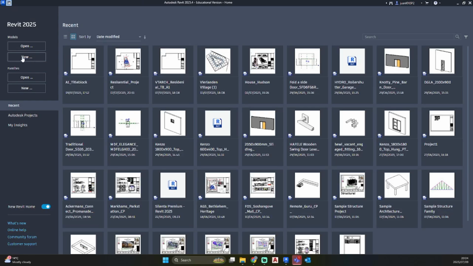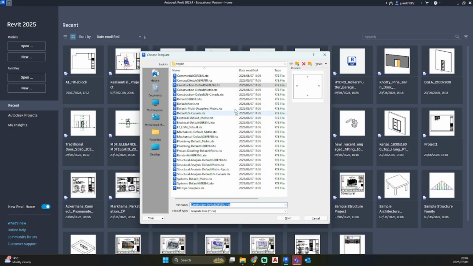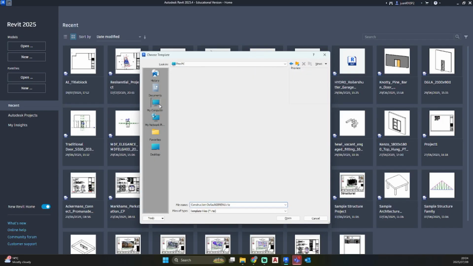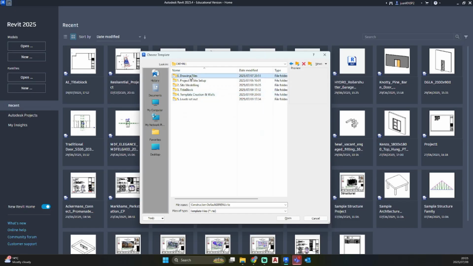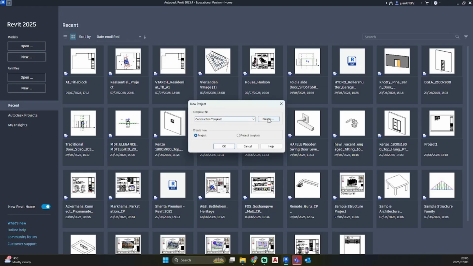And we go new project. If you click browse, just go to the place where you have saved your template. Just look for it on your system. So just go and search.